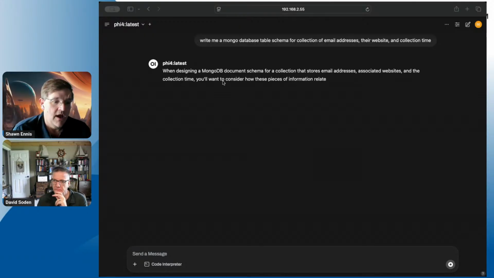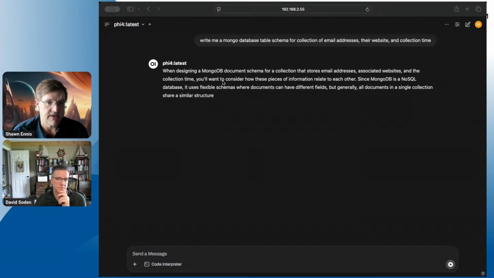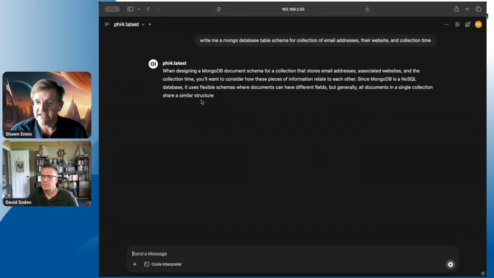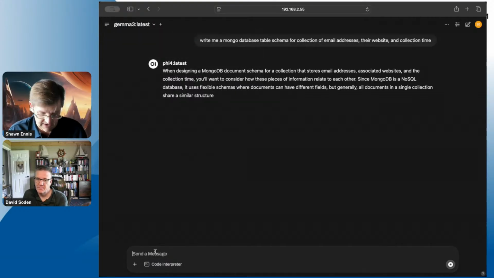Yeah. So inputs and outputs. The input is that configuration file, and the output I want is a Mongo database, right? And I say, hey, what's a table schema for this? You could see I asked a question, and you see the answer that I got. This is why different models matter. So if I were to